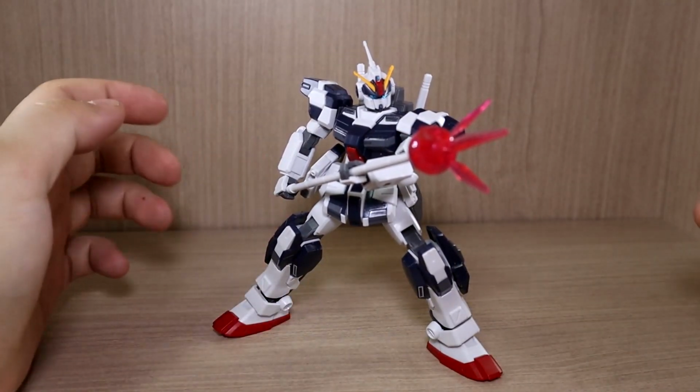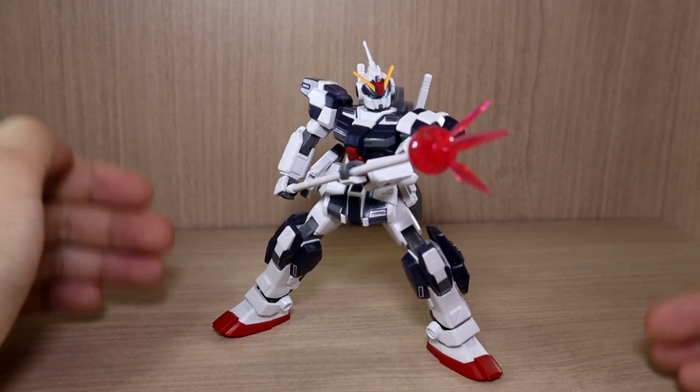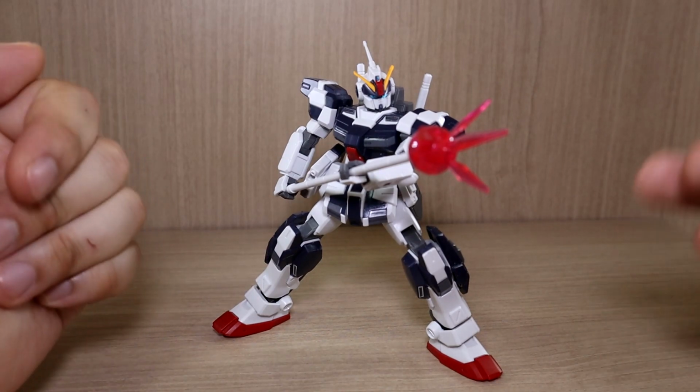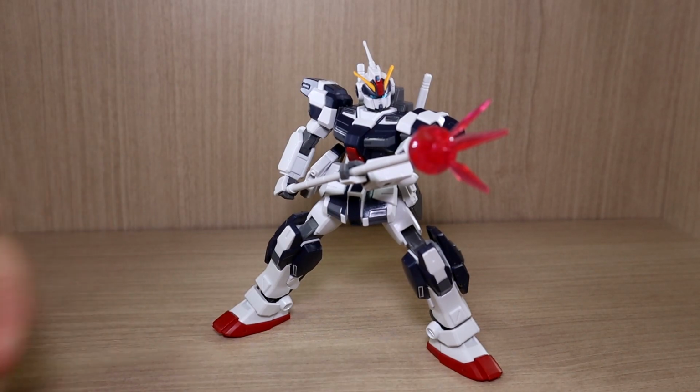So basically, I can say that the articulation is okay, the build itself is okay. It's just that the color separation is not that great because of Bandai still using the old Pale Rider mold over and over. And we still have 2 to 3 more variants that need to come out. Yes, I did pre-order the Pale Rider D2. They still need to make the Pale Rider Red. They still need to make the Pale Rider Dolahan, and there's one more variant that I'm not too sure is considered a specific variant, but still,